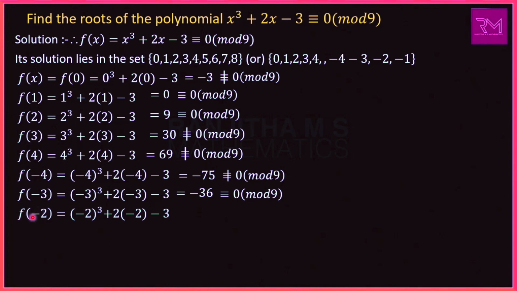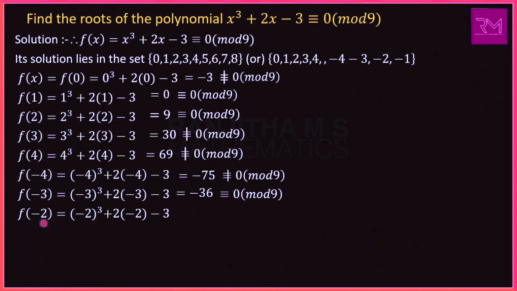In the similar way we have to check for x is equal to 7, or we can check for x is equal to minus 2, because 7 is congruent to minus 2 mod 9. So we can check for minus 2. We are doing this procedure because we can easily substitute here. We can easily find 1, 2, 3, 4 values. We can replace in the place of 4 as minus 4. We can get a similar value to this value. So we can take this method to solve the roots.